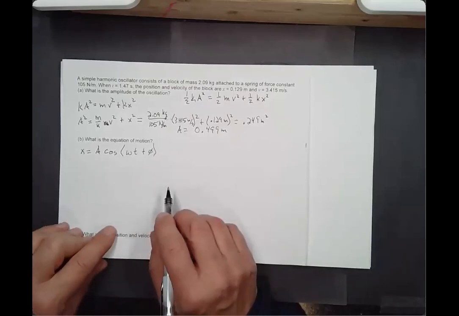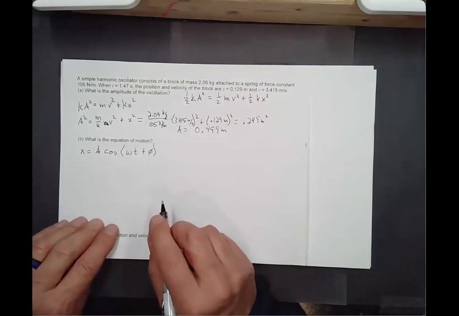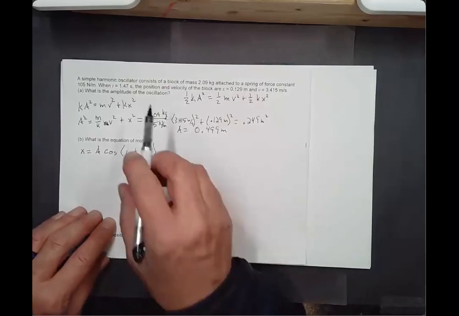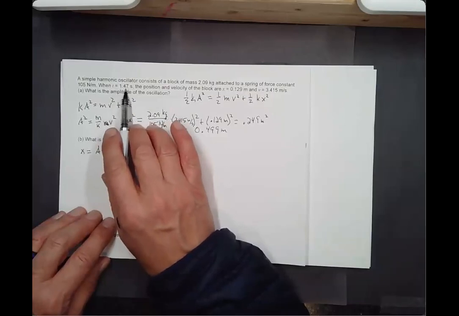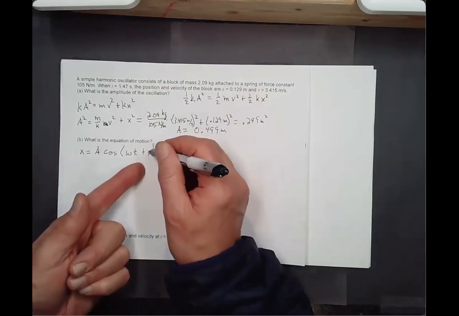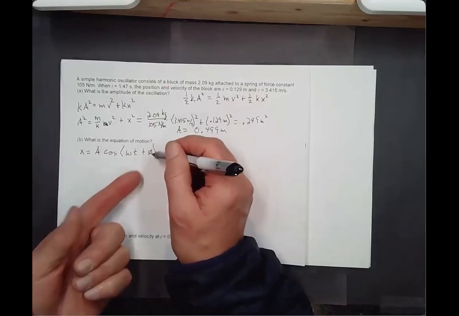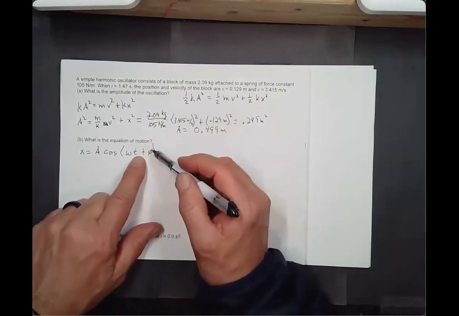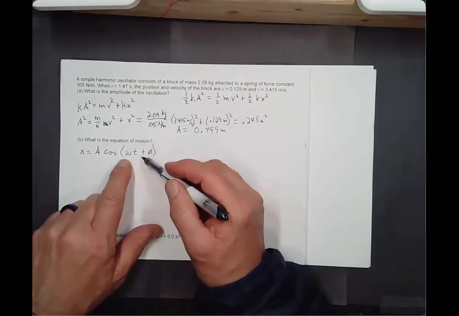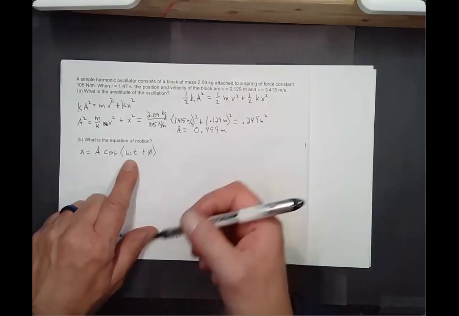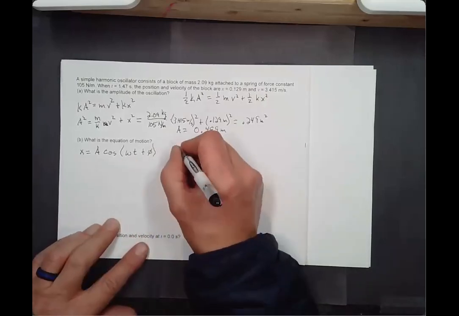But before I do that, I want to figure out the period of oscillation for this thing, because it may be that this is more than one period after it started. And if that's the case, we can end up with a larger than accurate value for phi. Not that it'll make any difference, because adding factors of 2 pi doesn't have any effect on the argument because it repeats. But anyway, the period